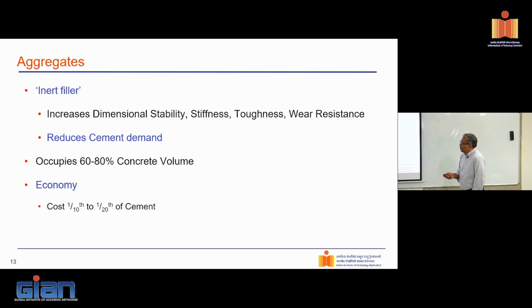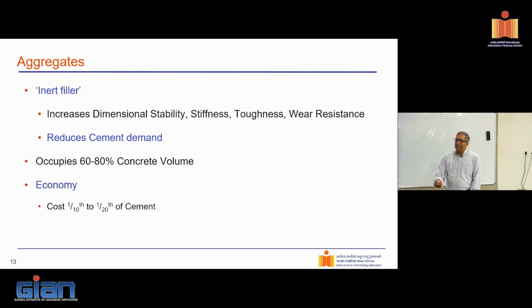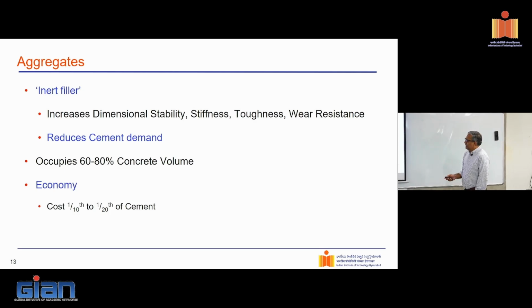I address this issue where I try to reduce the cement demand. I want to pack my volume with this inert filler as much as possible. Okay, so that I can reduce my cement content, because by its very nature, I expect it to be an inert filler, right? Just packing the volume. And in typical concrete, 60 to 80% by volume is aggregate. This is from years of experience, this is where we are headed. In fact, now we are starting to get this number creeping up a little bit more.